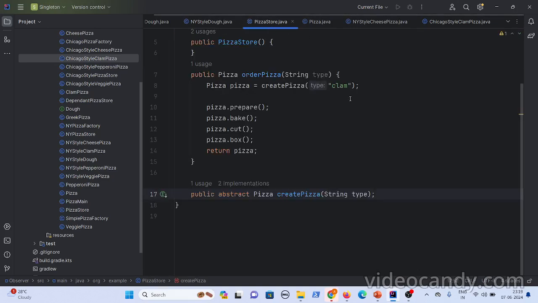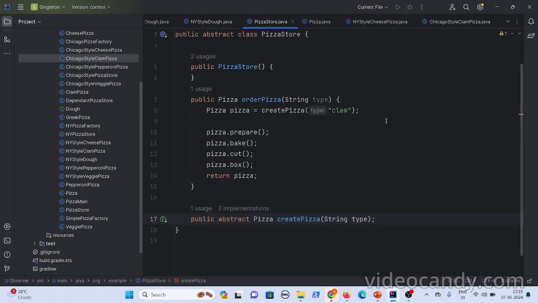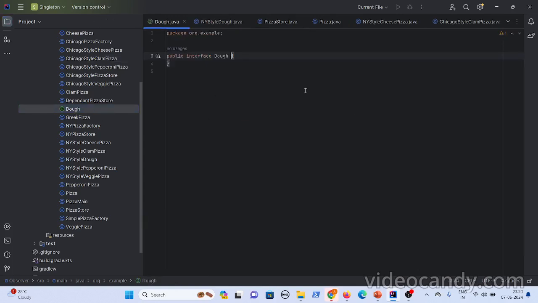So now what happens is, in the pizza store, while preparing the pizza, the dough they use, maybe in New York they use a different dough, and in Chicago they might use a different dough. But currently what we have done is we are using a common dough for every region. Now let us suppose I create a dough abstract class, or it could be a superclass, and